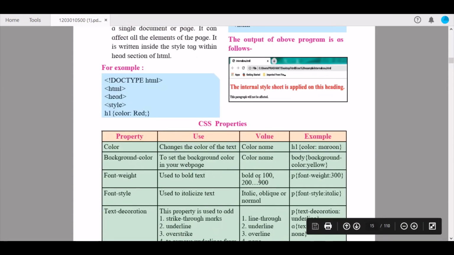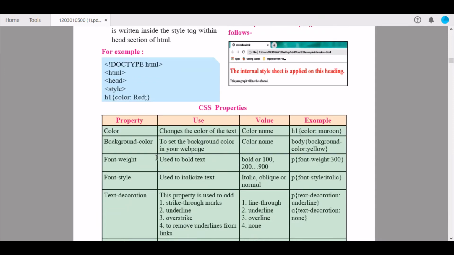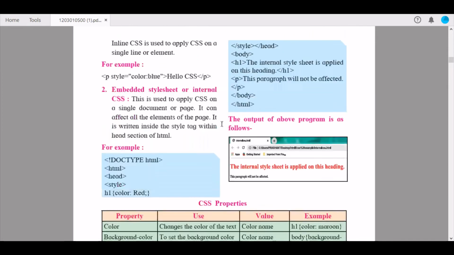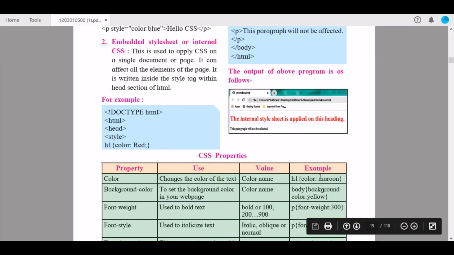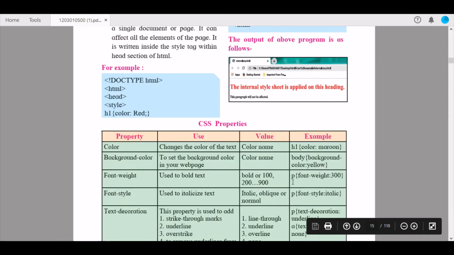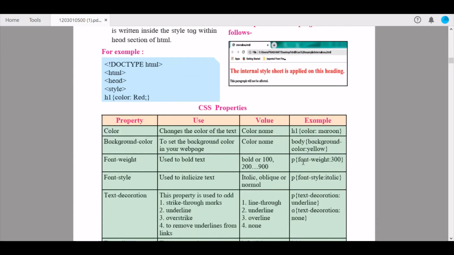Here we have an array of CSS properties that we have learned before also, a few actually. Color property changes the color of the text. The value given here is the color name. For example, we have blue, that is the value of the property. Here an example has been given. Please do try this. Type something in the HTML tag, make a heading, enter this and see the change.